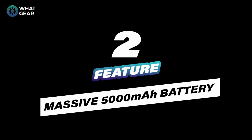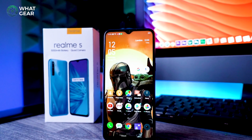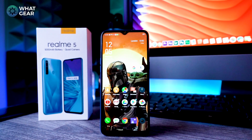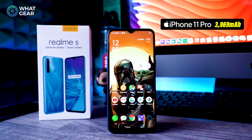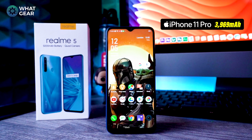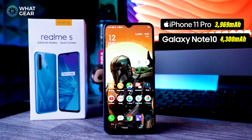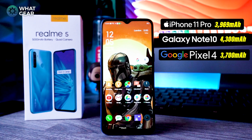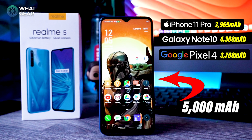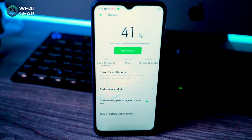Number 2, a 5000 mAh battery. Now some of you will be like, wow, that's huge. But for some of you who don't know, let me just put it into perspective for you. So the iPhone 11 Pro Max has less than 4000 mAh. The Note 10 Plus has around 4300, and the Google Pixel 4 has less than 4000 at 3700 mAh. So 5000 is huge. And all 3 of those devices I just mentioned are around 5 times the price of